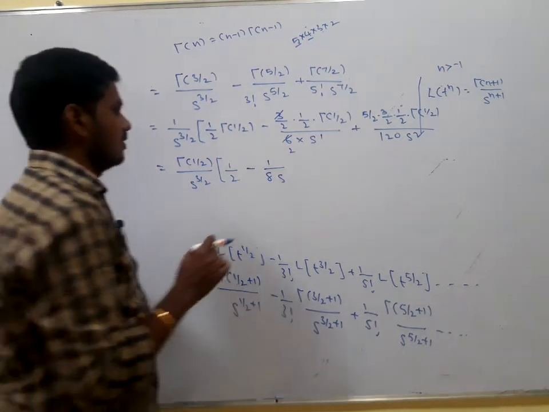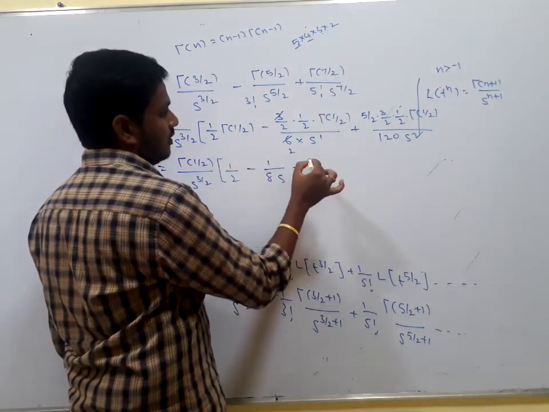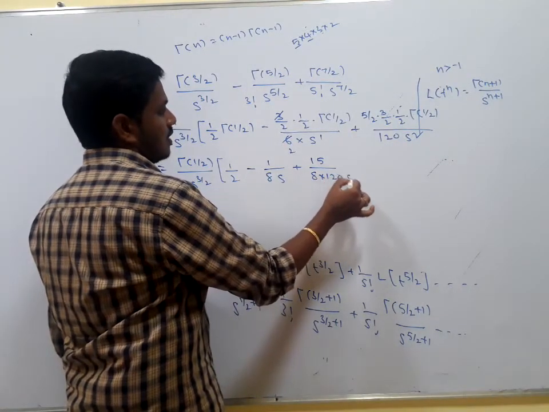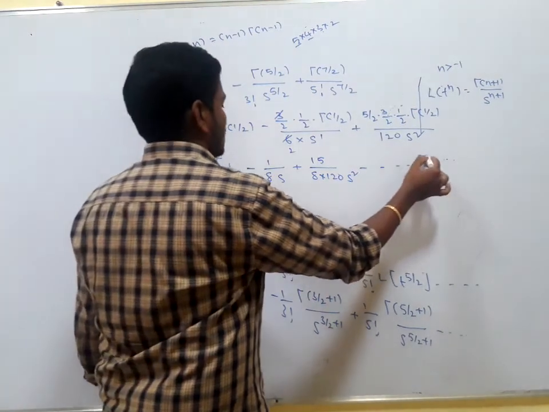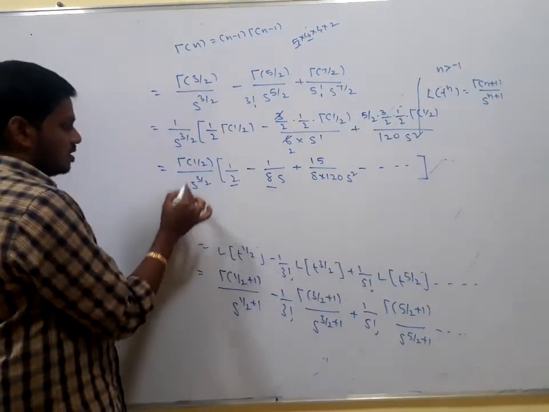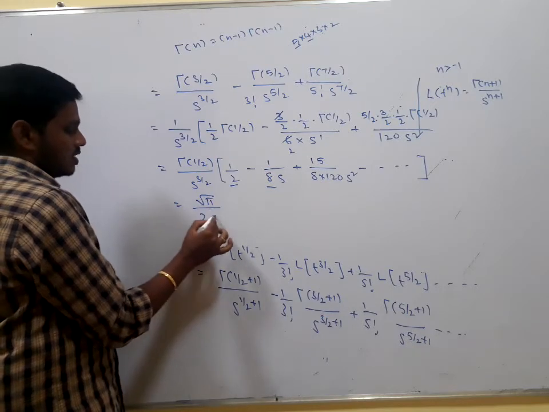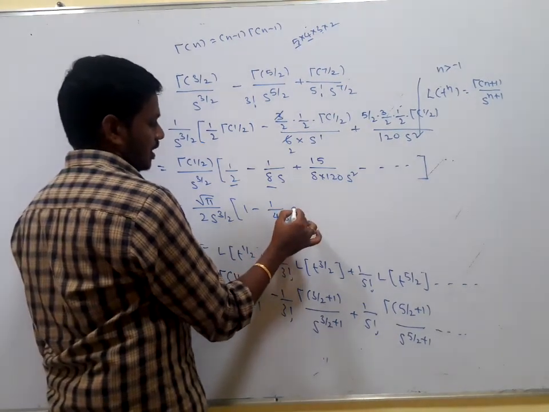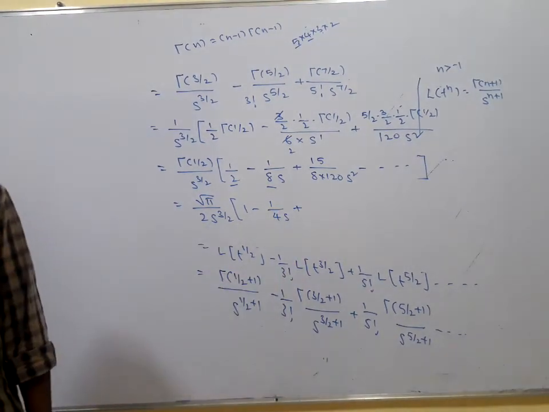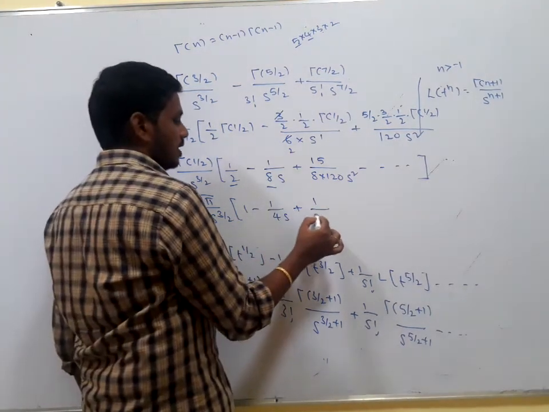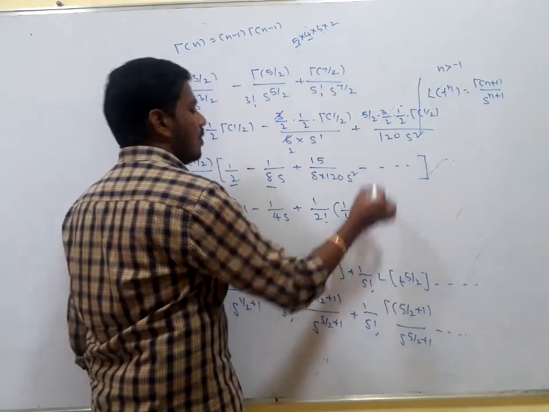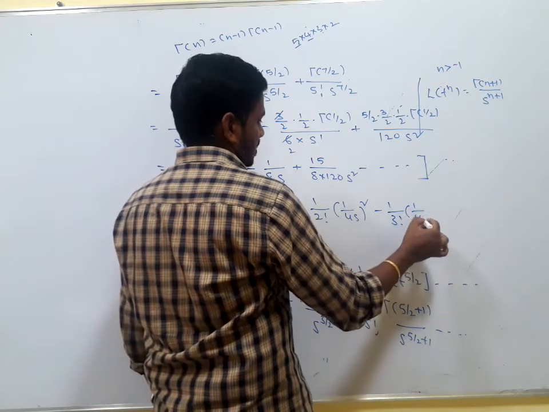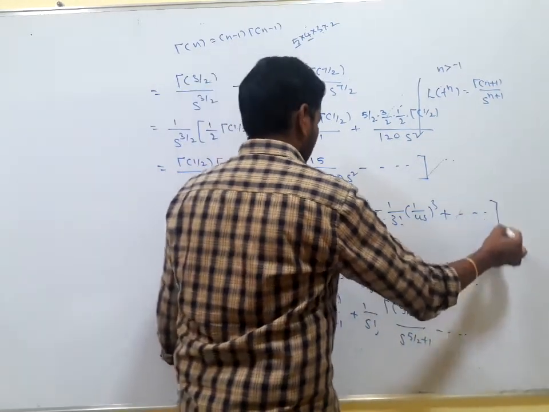right. Next, in the same way, we can write it 5 into 3 is 15. Here it is 2 into 2 into 2, 8 into 120 s square. Next minus 1. Yes, you can take 2 common also, which is equals to gamma 1 by 2 is equals to root pi by 2s to the power of 3 by 2 of 1 minus 1 by 4s. Next I am writing here plus 1 by 2 factorial. This term can be written as 1 by 2 factorial 1 by 4s whole square minus 1 by 3 factorial 1 by 4s whole cube plus so on. You will get terms like this.